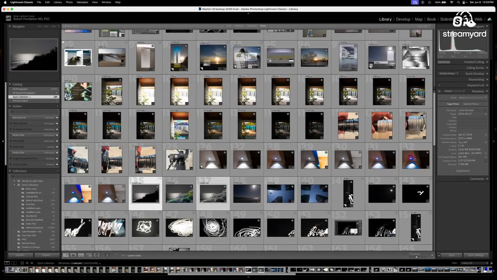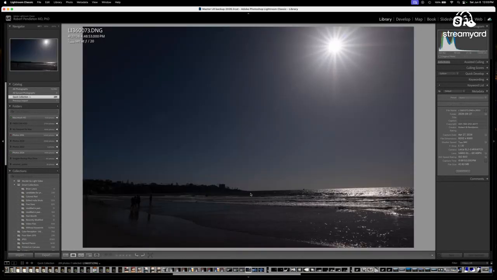So I can do a couple more of these if you want to see. Here's an image I haven't worked with before either. It's also at La Jolla Shores. I've got a nice sun star. It's underexposed. There's a lot of stuff going on down here. I can't remember what these people were doing here. So let's go find out.